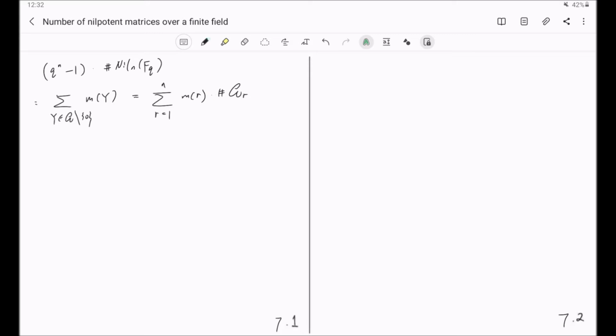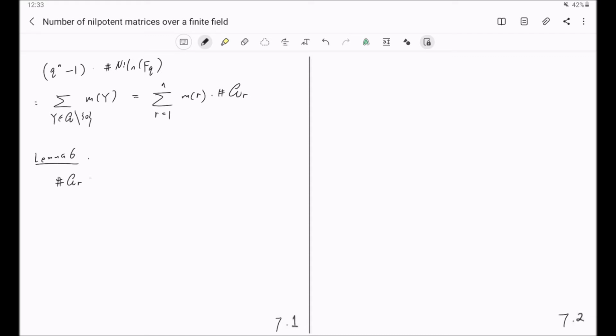So, to study the number of nilpotent matrices, it suffices to compute the number of rank r admissible matrices as well as m of r. This guy is easier to compute, which will be addressed in our lemma 6. Which states that